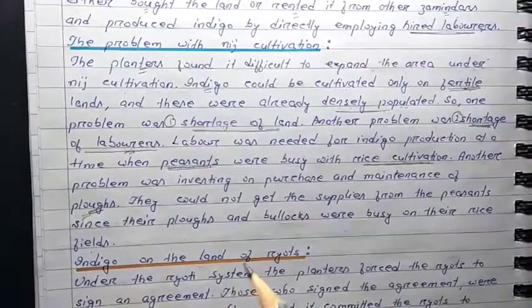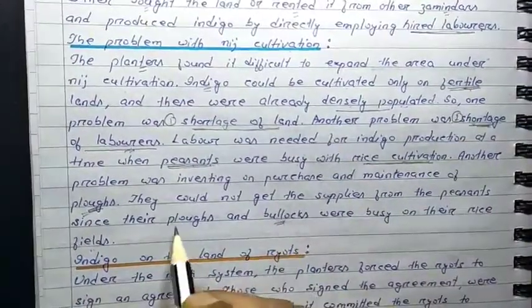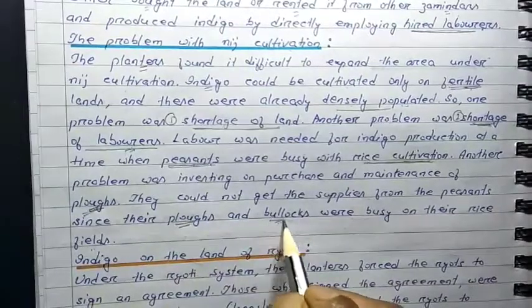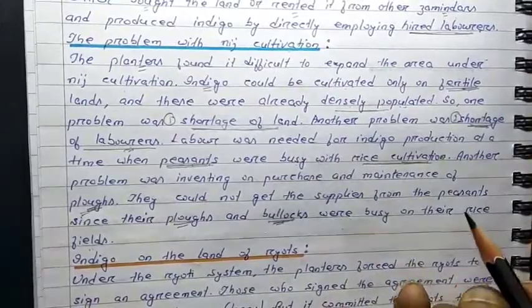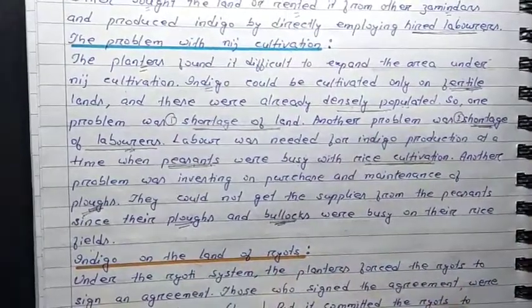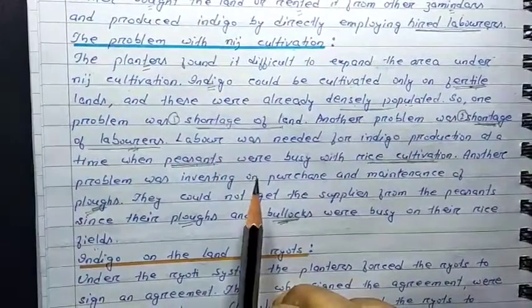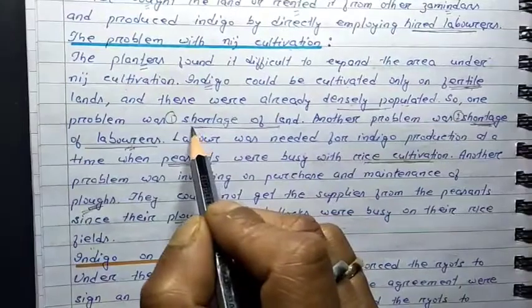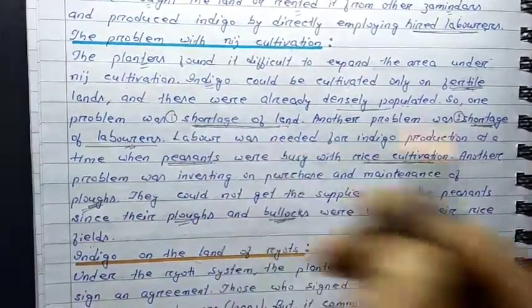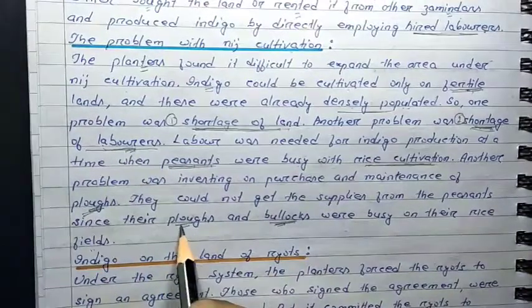The time when the planters were in need of the plows or the bullocks, at that time both the plows and the bullocks were busy in the rice cultivation, so they did not get the supply of the plows and the bullocks. So we can say in the niche cultivation, the planters mainly faced three problems. What were the problems? The first problem was shortage of land, the second problem was shortage of laborers, and the third problem was the problem with plows and